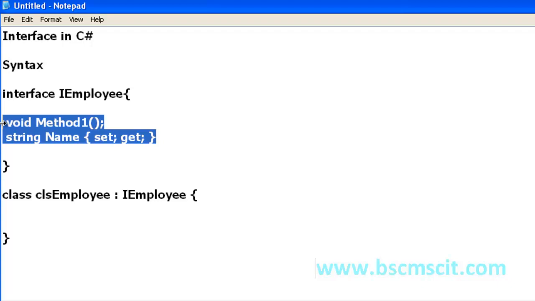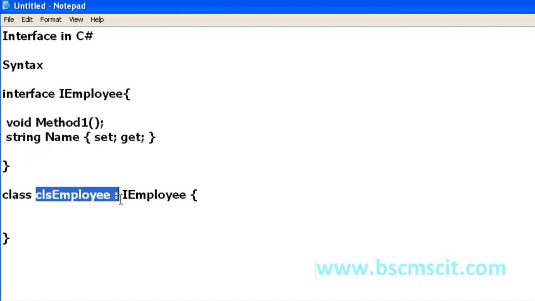It becomes like a standard contract, a mandatory thing that this class has to provide the implementation with the same naming convention. There should be no change in the naming convention; the same naming should be used to provide the implementation.